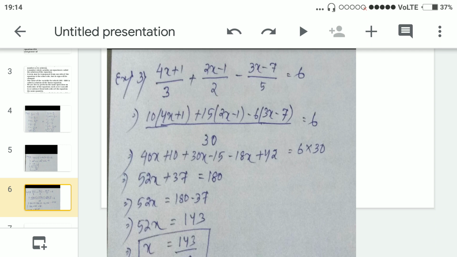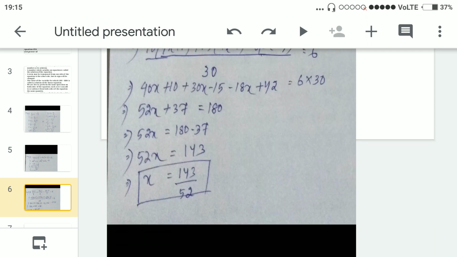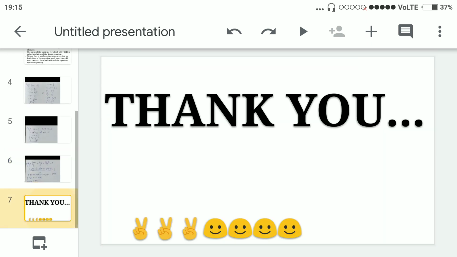We are getting 52x plus 37 equal to 180, because 30 is dividing here, so that side it will be multiplied. Then 52x plus 37 equal to 180, and 52x equal to 180 minus 37, and finally getting x as 143 by 52. Okay, so this is all about your